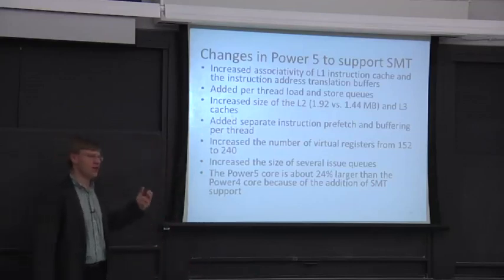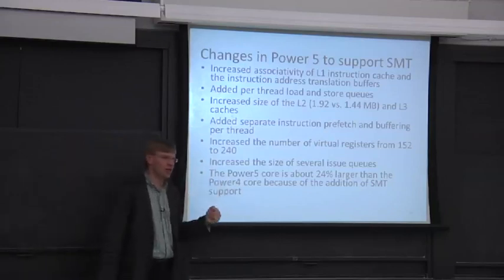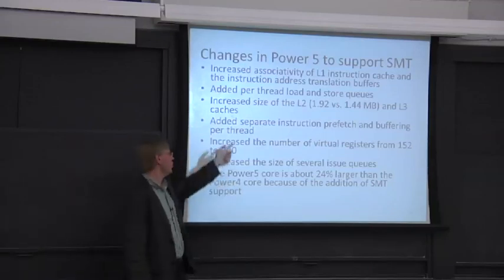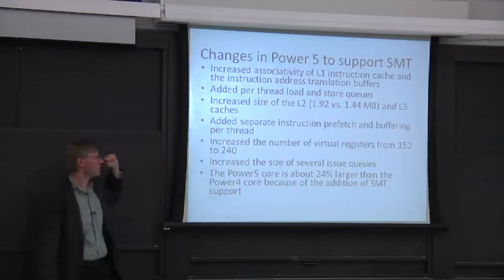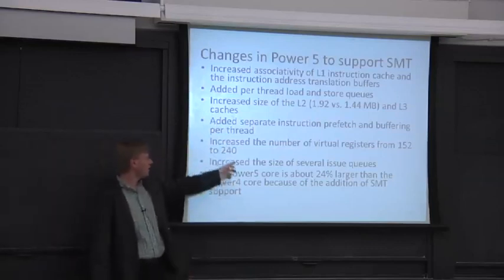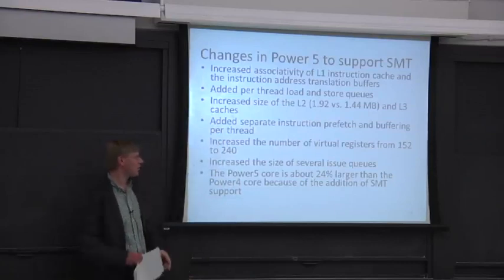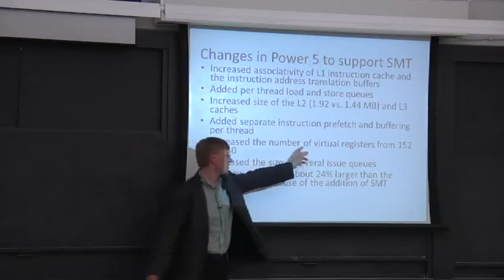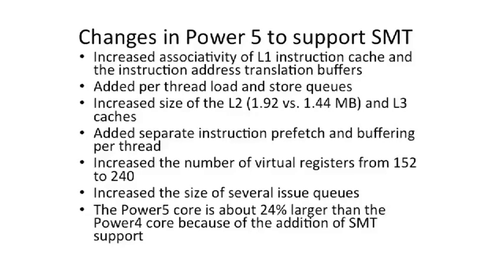So anywhere it was hard to get it right or they had a lot of conflicts, you could just replicate. So they added a separate instruction fetch, prefetch, and buffering. And then they added more, they call them virtual registers here, but it's more physical registers effectively, so more places to schedule into. So there was some added hardware cost to this. And to give you an idea of area,